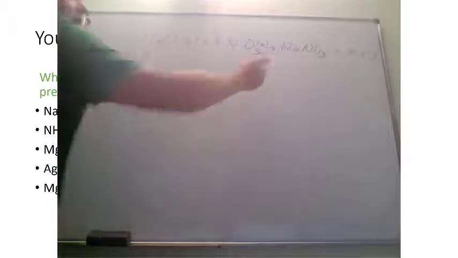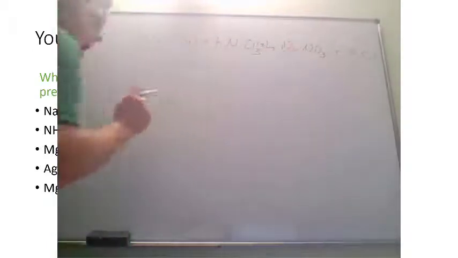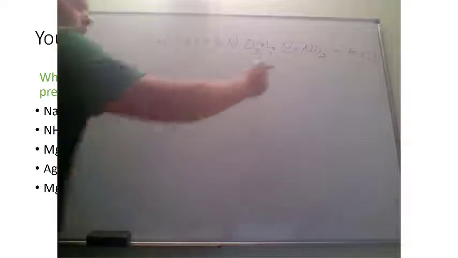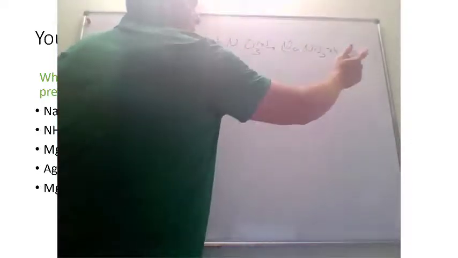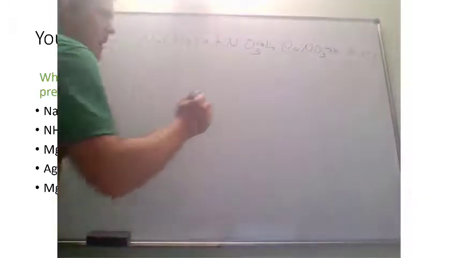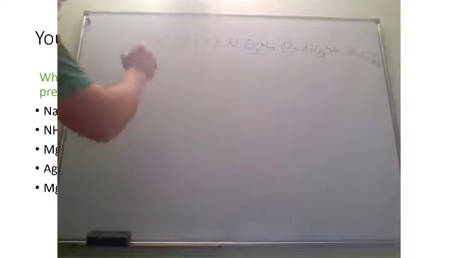Okay, and so we know that any alkali metal, group 1A metal, is going to be soluble. So we know this has to be aqueous to start with. Second is going to be the same idea. K plus is an alkali metal. So we again have aqueous. Next,